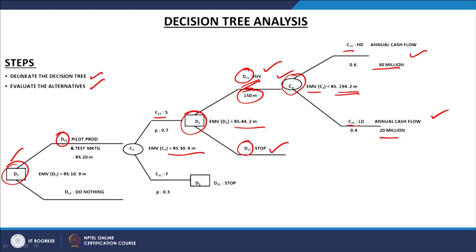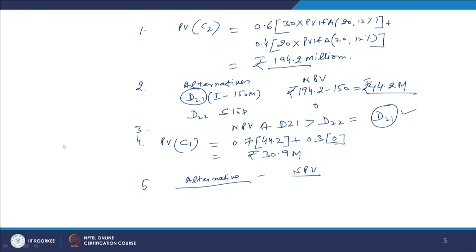So, on the basis of these chances we are going to evaluate the decision D11, and D11 is saying go for the pilot production. If you take this decision, go for the pilot production, how much is going to be the investment here? 20 millions is the outflow minus how much is the NPV available? 30.9 million. So, NPV is going to be 10.9 million for the project, and we should go ahead with this investment or not. We will have to take the decision now on the basis of these estimates. So, this is 10.9 million, right.